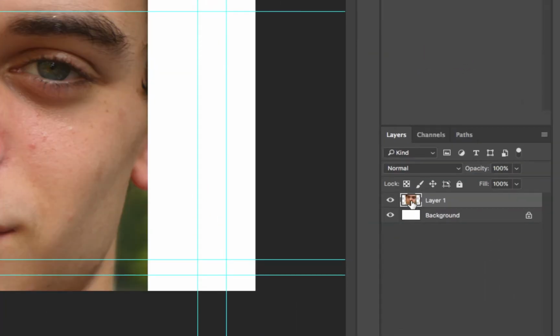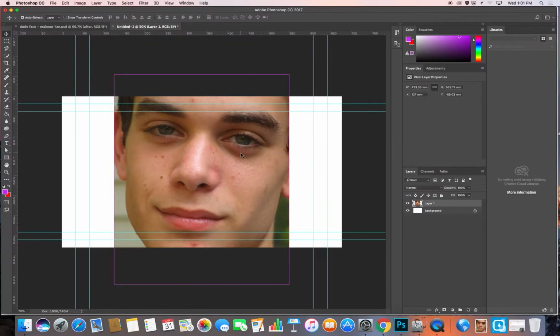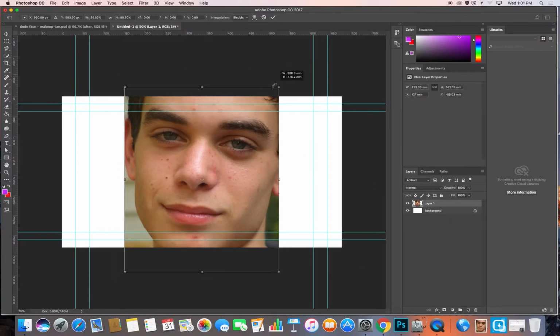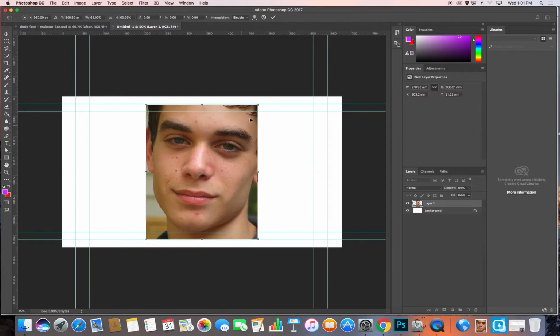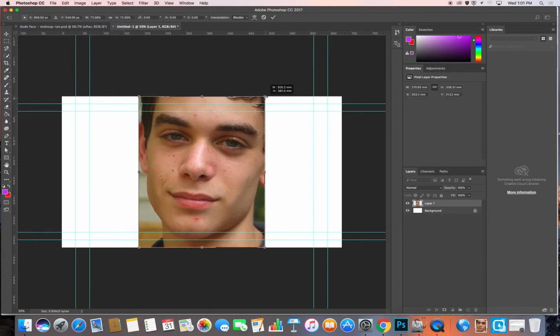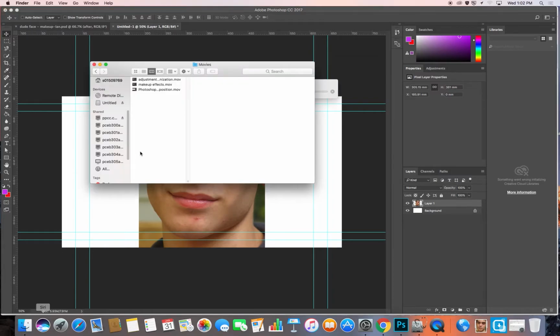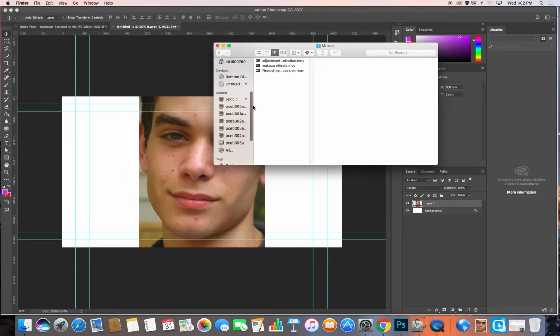It doesn't show me it's a smart object because I've just pasted the image. If I hit Command-T and size this, remember, it's losing pixels. So once I hit OK, that size is now the size it is. If I ever wanted to use it bigger, I couldn't because I've lost some pixel information. But if you right-click and save the image, even if you're putting it into a new canvas like I am,